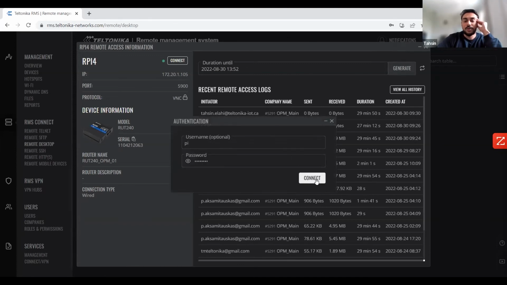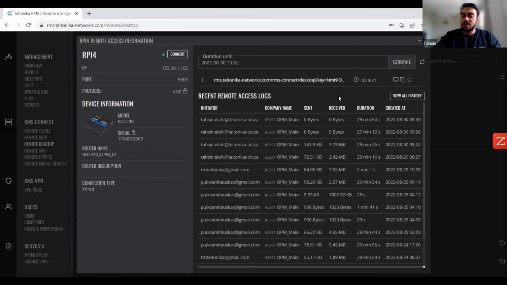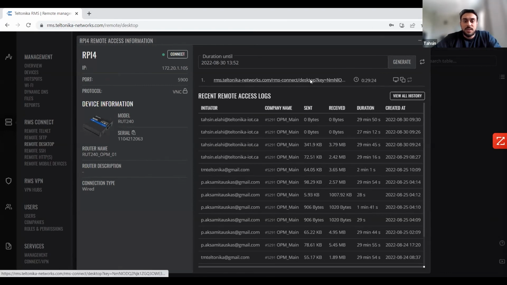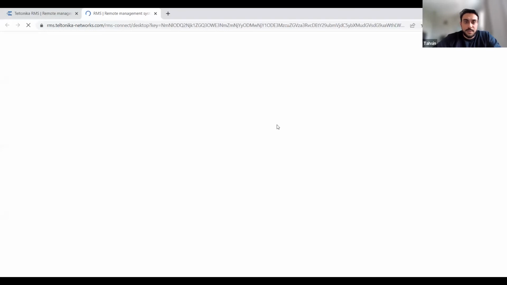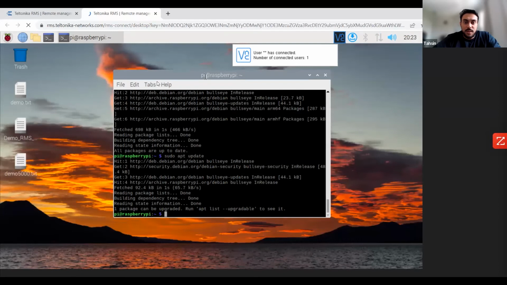So you can actually access your remote desktop here by just generating a link, and it would ask you for your login information to make sure that it's really you, and then you have the proper credentials to get in, and it'll generate a certain link for you here. And here you guys can see the duration time that the link is accessible, and you can actually just right away click this link, and it will actually open up the Raspberry Pi